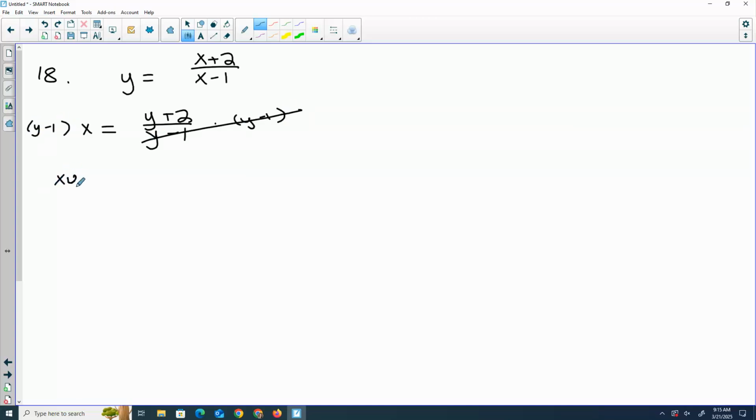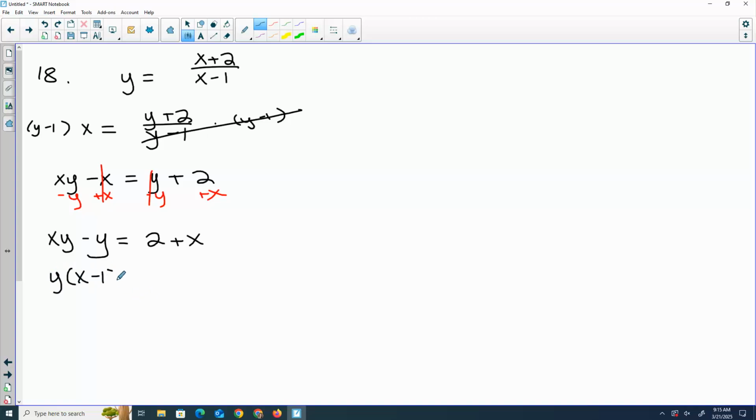So we get xy minus x equals y plus 2. If I want my y's on the same side, we can subtract over this y. This x doesn't have it, so I'll move it over here. So xy minus y equals 2 plus x. What can you do at this point? They both have y, so if you take it out,